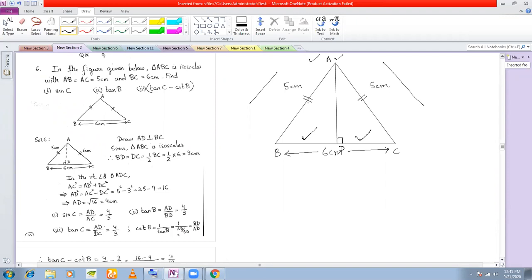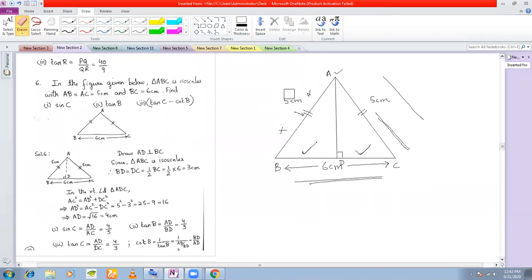Suppose it meets somewhere over on this point, then this side will not be equal to this side if you are drawing a perpendicular from C, because C is not a vertex joining equal sides. These two sides are not equal. I have mentioned all this earlier, so this was just a reminder. That is why, if you drop a perpendicular from A to the third side, BD will be equal to DC.